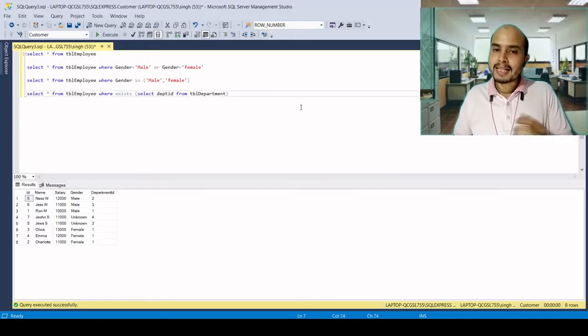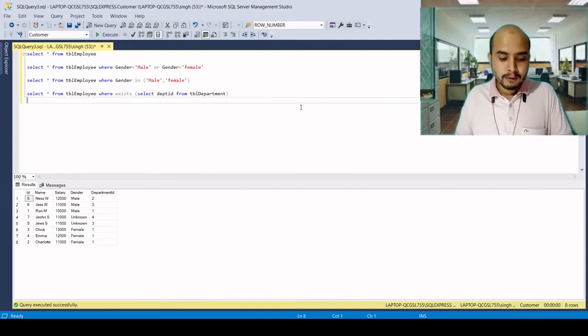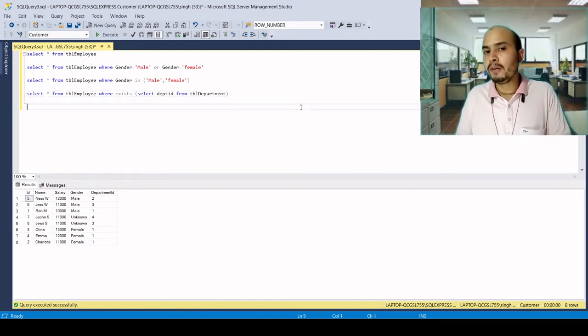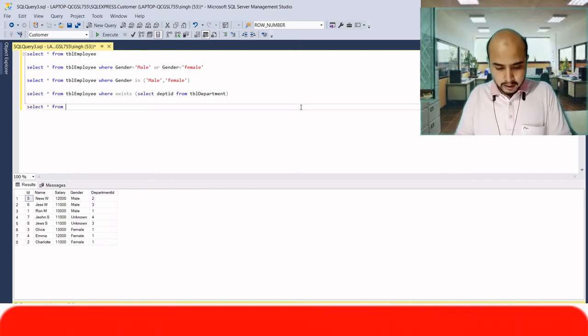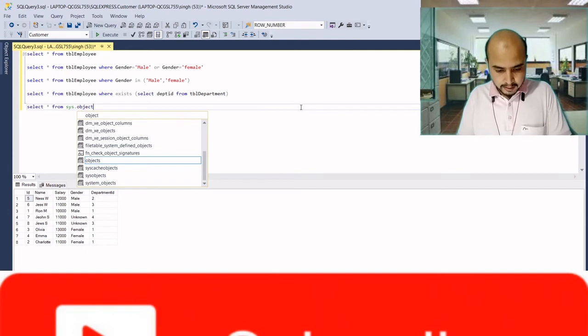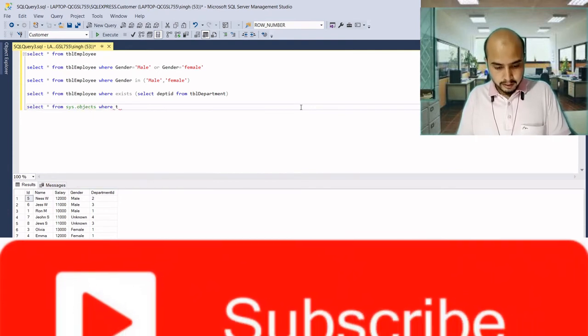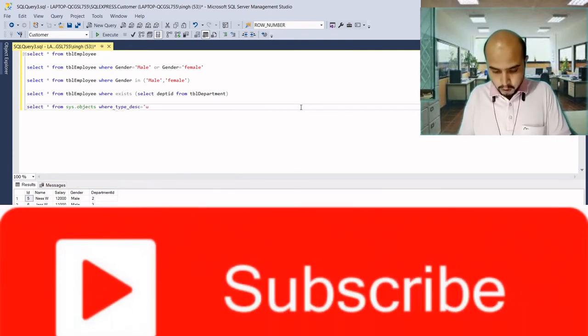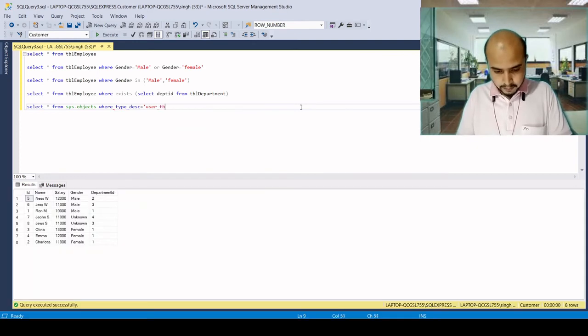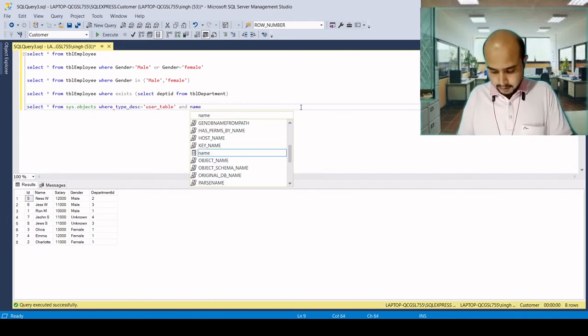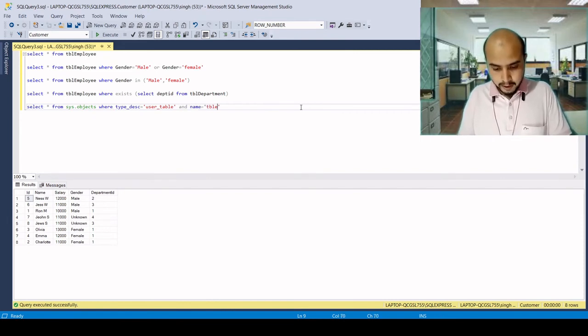Now let's understand where we use EXISTS in real-life scenarios. I'll give you one of the most important examples where we use EXISTS. Let's say we have sys.objects, where type description is user table, and the table name is, let's say, TBL employee.